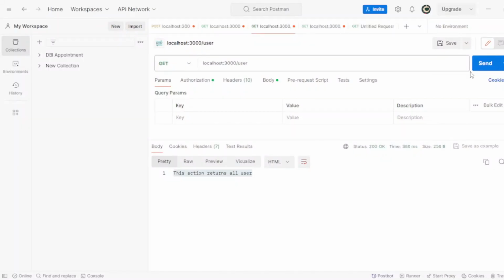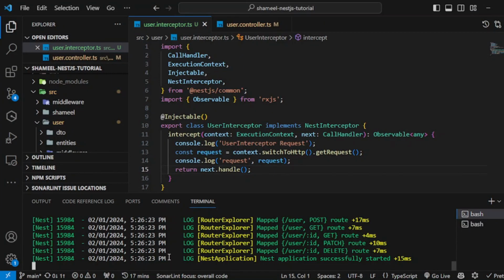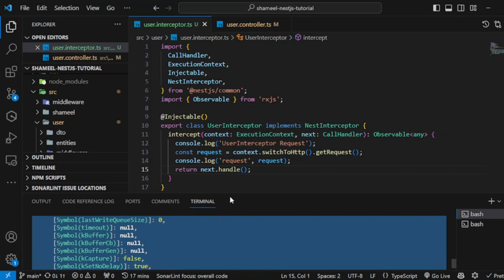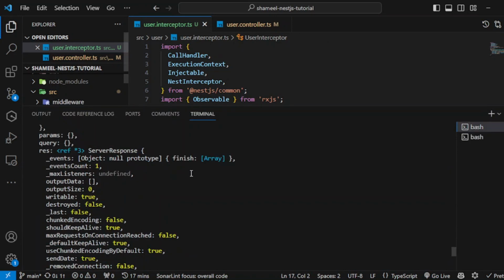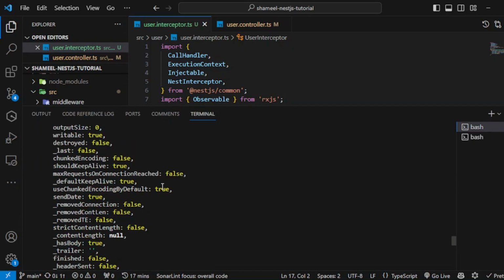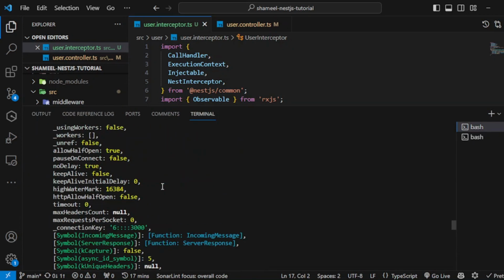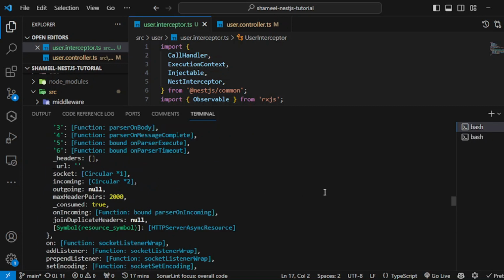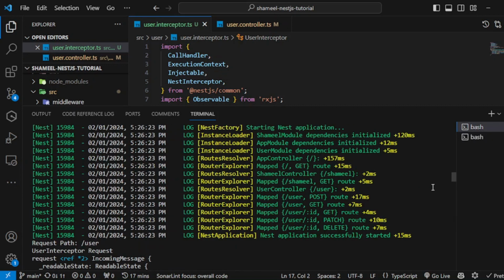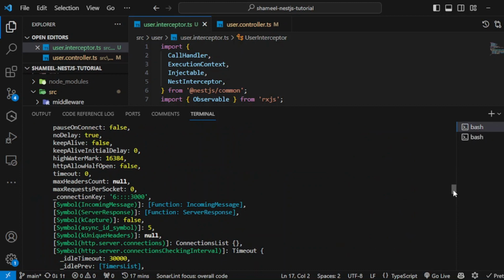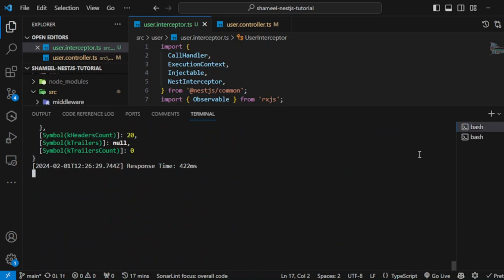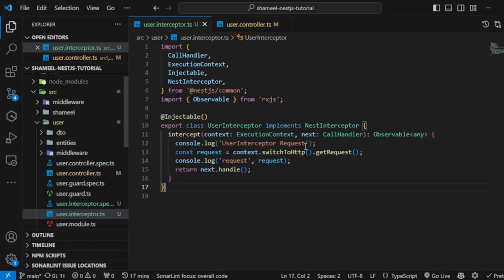Let's try and hit this part, and you see you got the entire log of the request. So the process of accessing the request is pretty much similar to how you access the request in the guards. There's not much difference over there. You can get access to each and everything in the request that is coming to your Nest.js controller. So now let's move forward towards